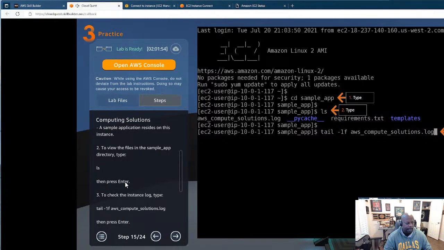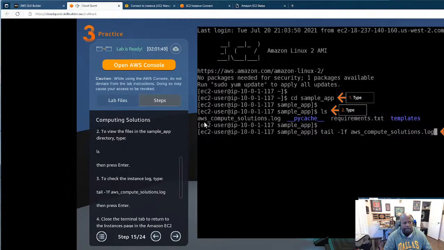Then it says, hey, ls, and then press enter. All right, which we did. And when we did that, you see this stuff right here popped up: compute solutions.log, SciCache, requirements.txt, which is just